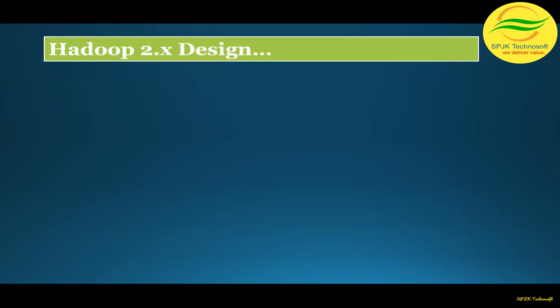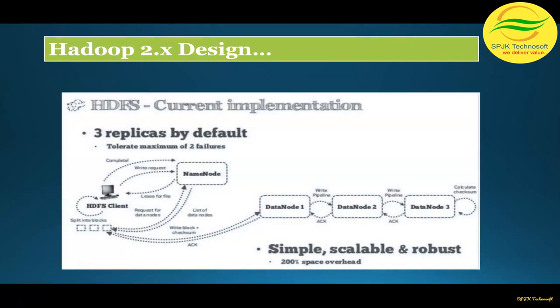So moving ahead, 2.x design. So this was basically a 2.x design where we have a name node, we have different types of data nodes, and then whenever there is any kind of data which comes in, it is basically divided into the different blocks. So the block size by default is 128, and then we need to make 3 replicas because of fault tolerance. Even if one of the nodes goes down, we will still have the 2 data points left.